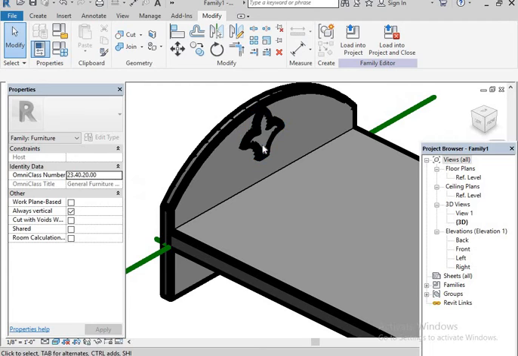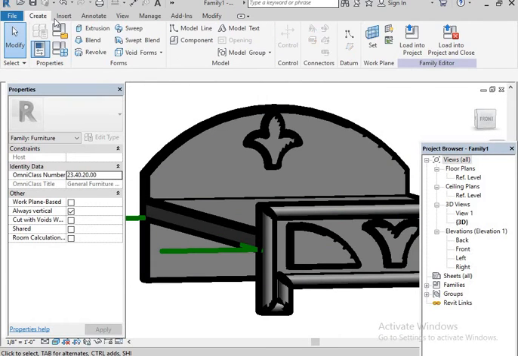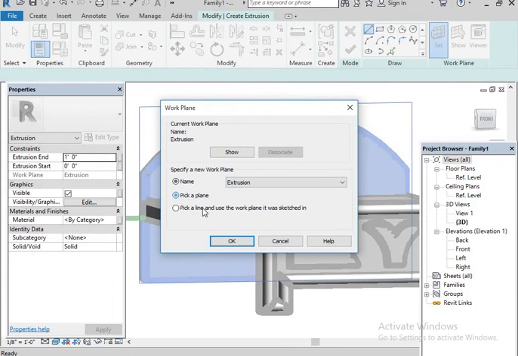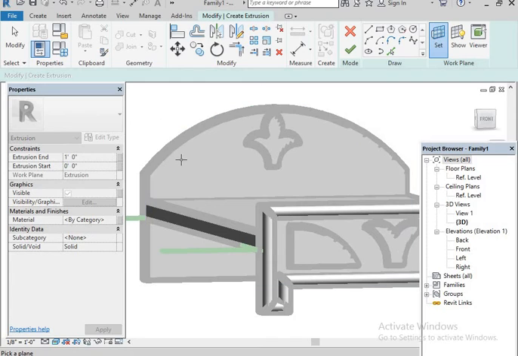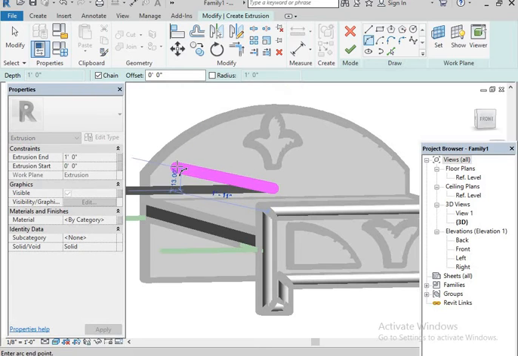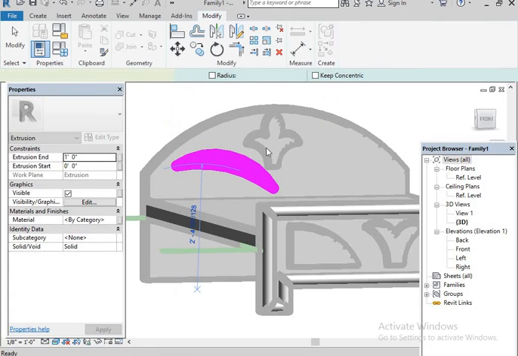it's created. And then you need a little bit of a stand here, so Extrusion, Set Work Plane, Pick a Plane. Okay, the same thing, I'm going to select this plane. I select this one from here to here and from here to here, then give Finish.